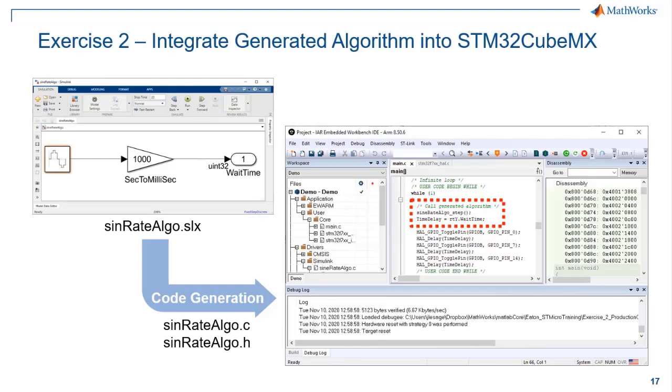The algorithm we're actually going to build in this case is going to modify the time delay as we switch LED pins on and off. So we're essentially going to slow down and speed them up using a sinusoidal duty cycle adjustment. So this is the simple model we're going to build. Let's go over to Simulink and see how we can actually do this.